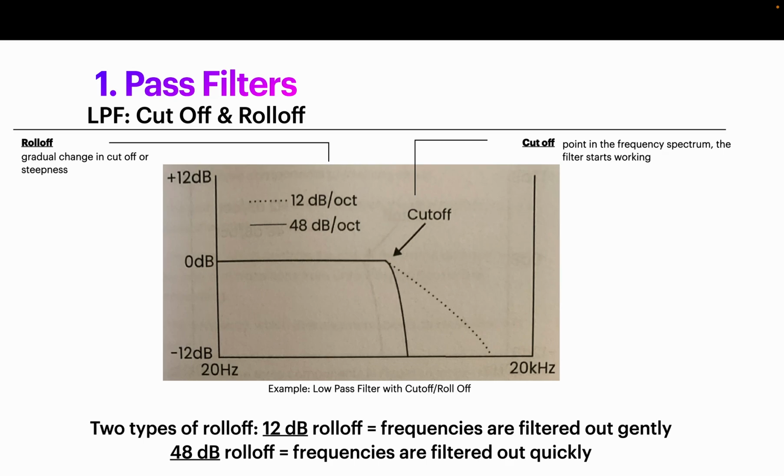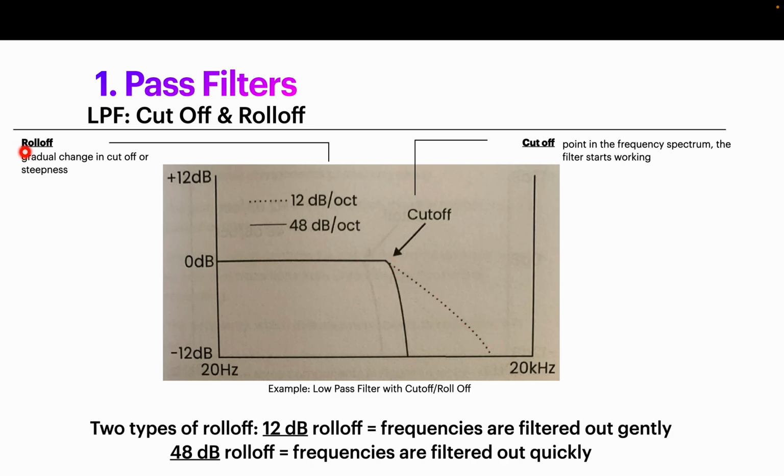Cutoff is basically the area in the frequency spectrum, and again, frequency is always on the x-axis, where you're going to start to cut frequencies. So your cutoff point is where you're going to start cutting your frequencies. Now, how much or how fast you want to cut these frequencies, so these two areas here, is where